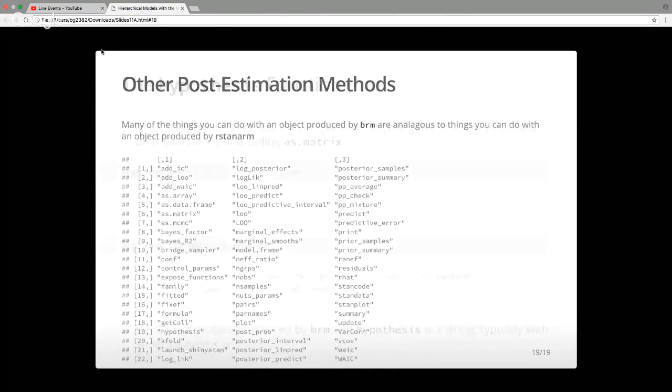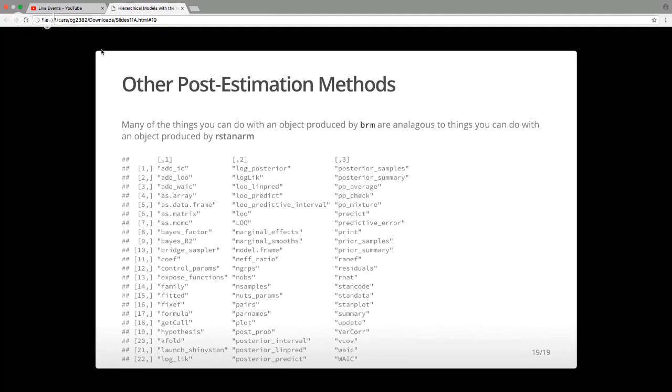So we'll come back to the hypothesis thing. But anyway, you compile, you run, eventually you get back posterior draws. And then many of the things that you can do with the objects produced by the brm function are analogous to the things that you can do if they were produced by rstanarm. So you can call launch_shinystan, you can use bayesplot, you can use loo,